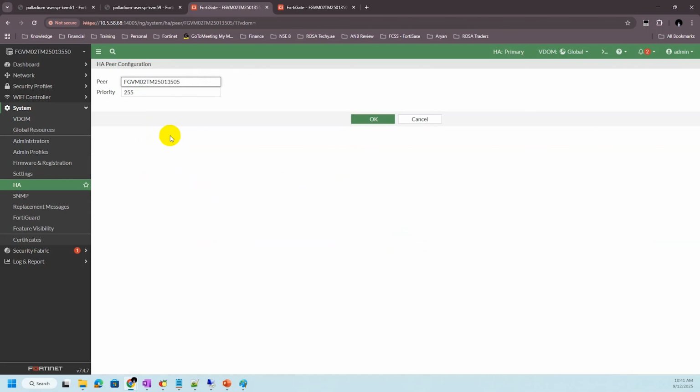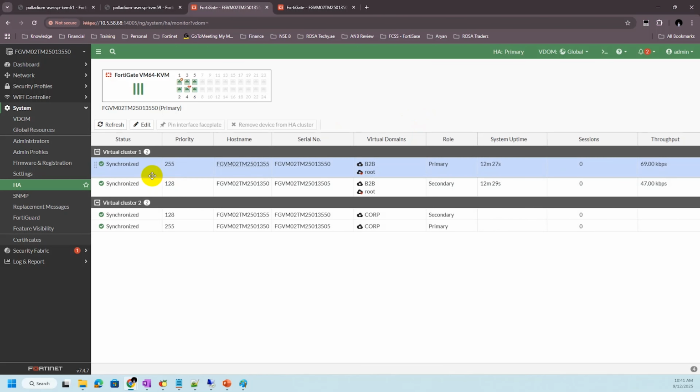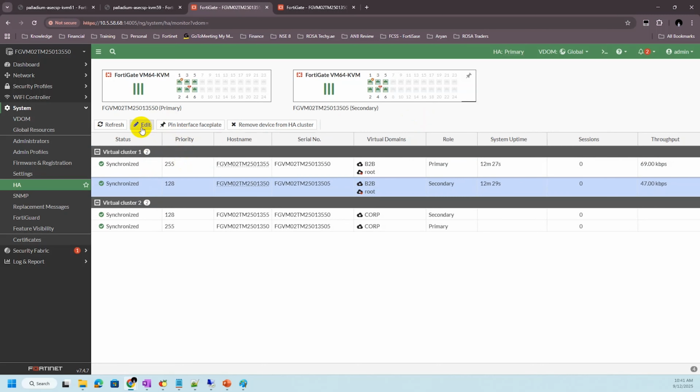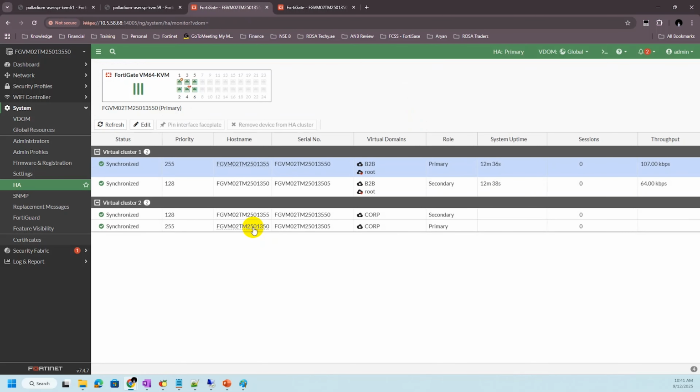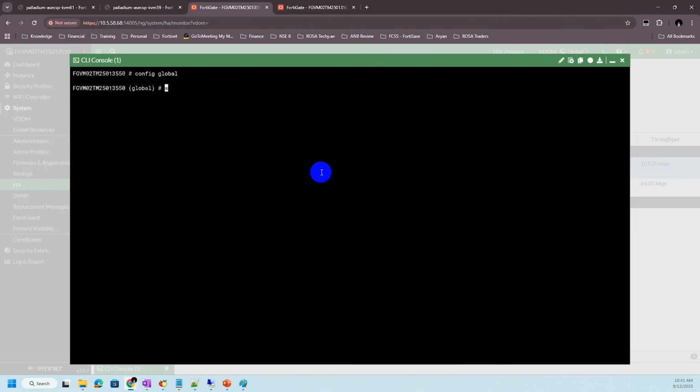Under standard HA, you just edit and enable VDOM partitioning. Once you enable VDOM partitioning, then virtual clustering is enabled. And same for the CLI. As I told you, you have to do config system HA.